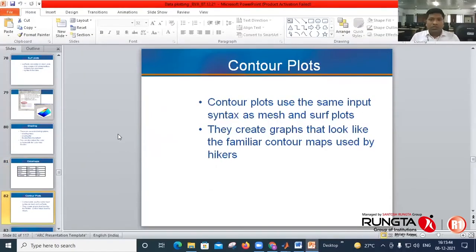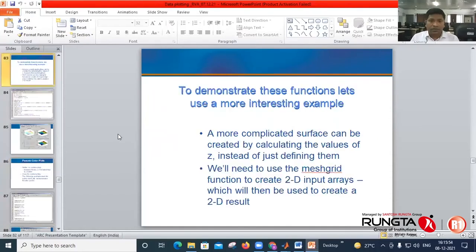Contour plots use the same input syntax as mesh and surface plot. So they create graphs that look like the familiar contour maps used by the users. So again, to demonstrate this function, let's use a more interesting example. We will generate a more complicated surface by calculating the values of Z instead of defining them.